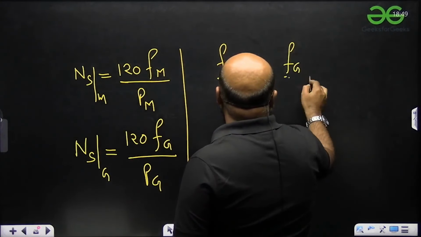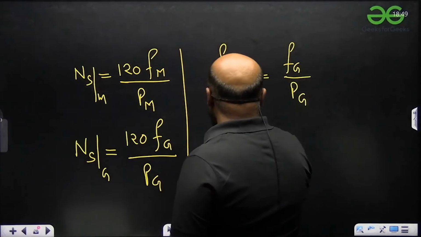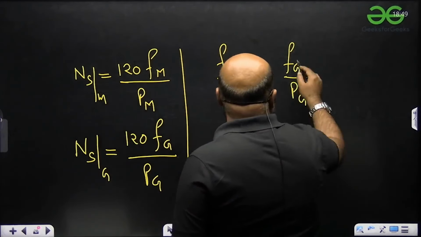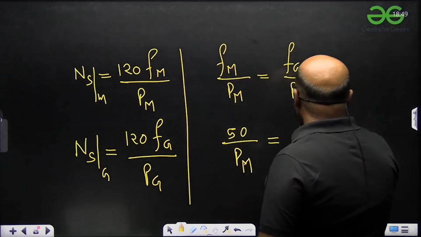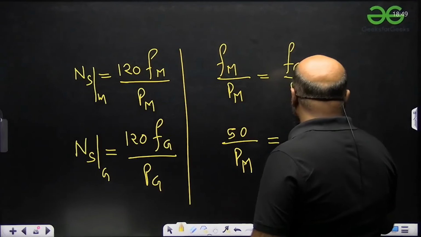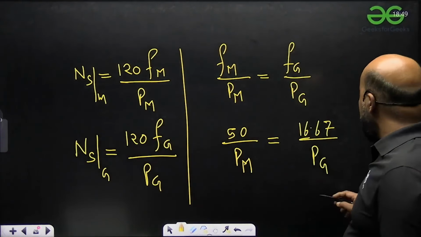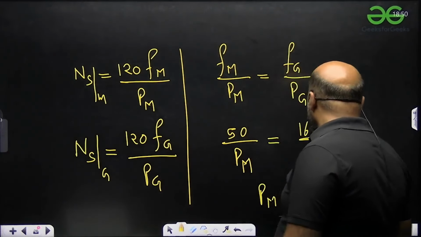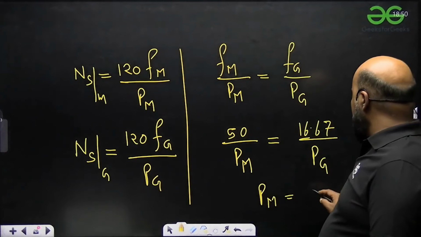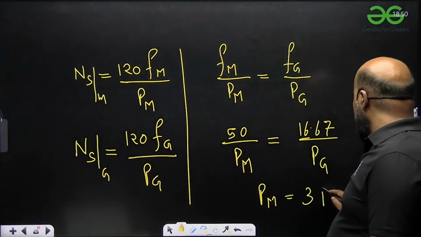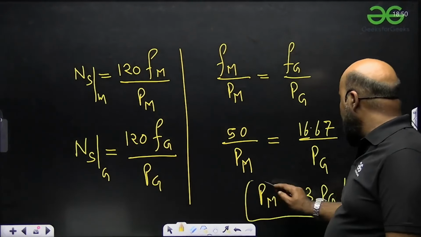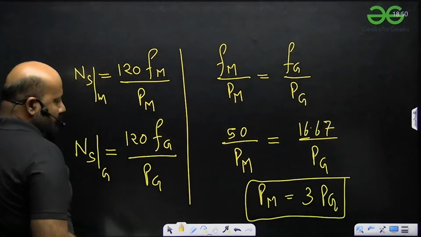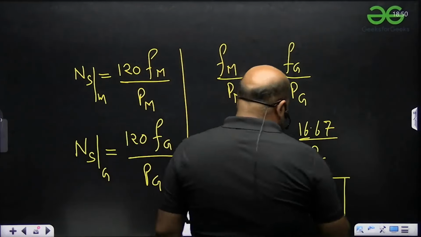मोटर की फ्रीक्वेंसी है 50 हर्ट्ज, ये हो गया F_M, और जनरेटर की फ्रीक्वेंसी है 16.67, ये हो गया F_G, ठीक है। अब इसको सिंप्लीफाई करके देखो, तो मोटर के जो नंबर ऑफ पोल्स हैं वो आपको मिल जाएंगे 3 टाइम्स नंबर ऑफ पोल्स ऑफ द जनरेटर। अब देखो क्या क्या पॉसिबिलिटीज हो सकती हैं।